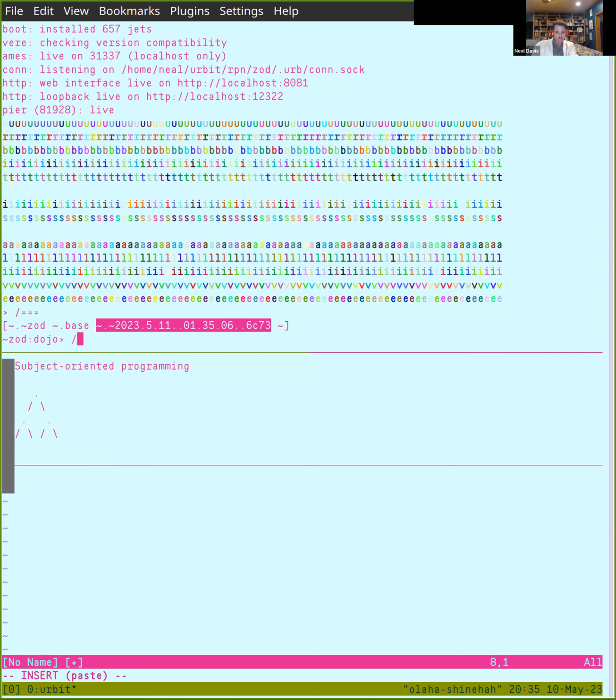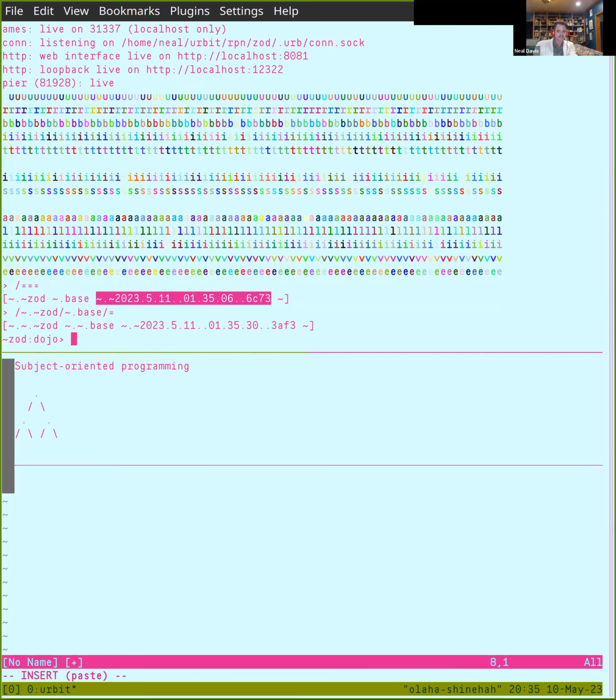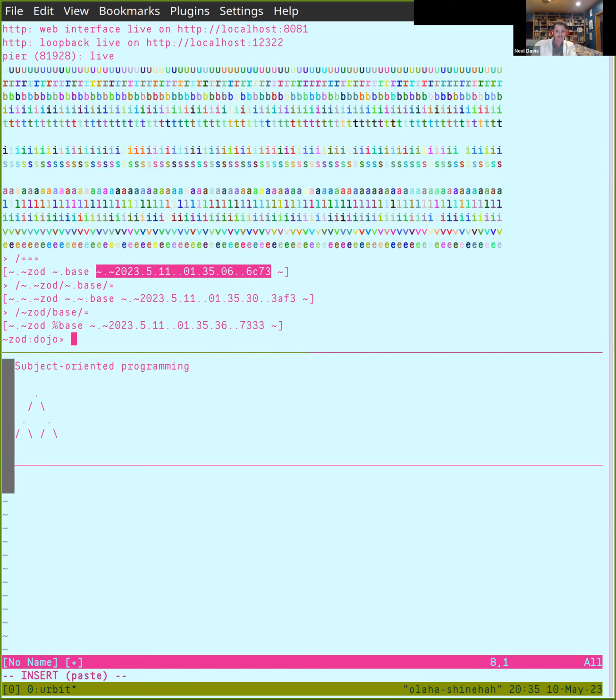And we can actually build this manually like this and still get that information. I guess I don't need to do the .sig because that automatically gets included there. But I could build it manually by specifying these things. If I use the equal signs, the tises, then it fills in what the standard values for that would be, which is your current ship identity, the current desk, which is typically base, and then the timestamp, which refers to